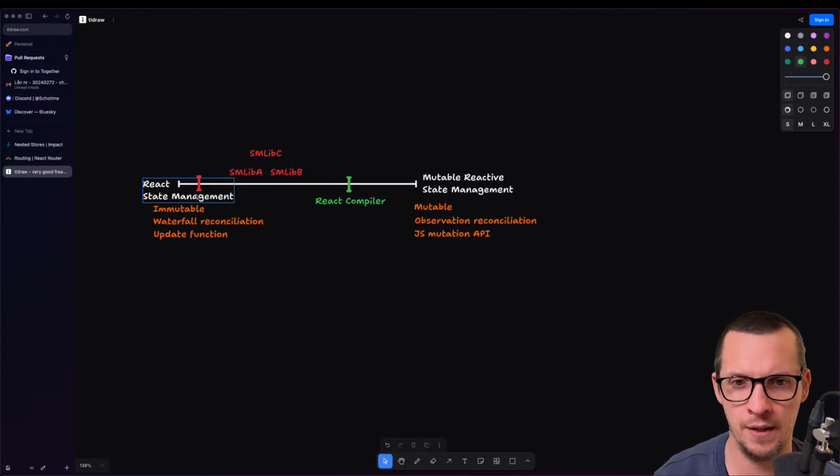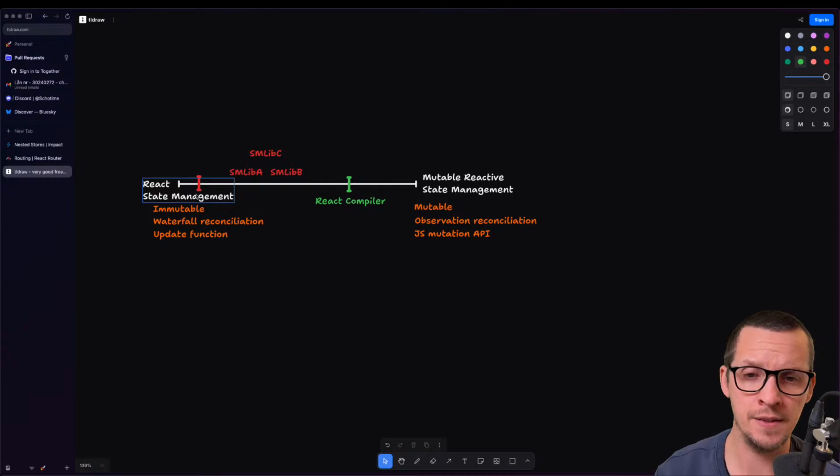Or do you go with a mutable reactive state management paradigm? Which means that you get this new hook called use reactive. And instead of having a Babel plugin for optimizing the React code, like the React compiler, you have a Babel plugin for making all components observers and memo. It's just a different kind of optimization that lends itself well to mutable nested state updates, right?